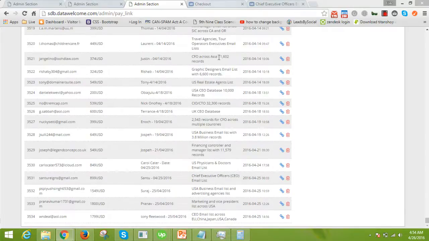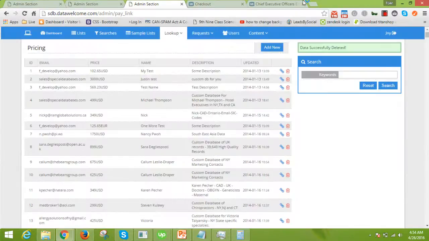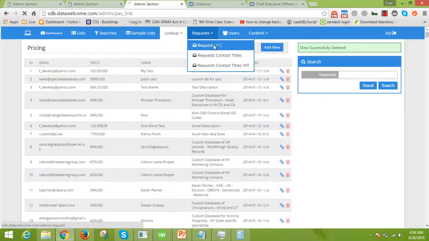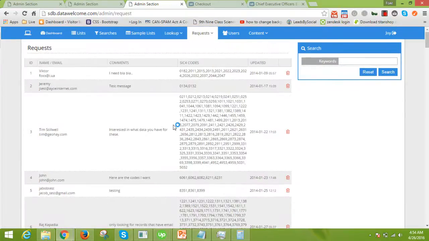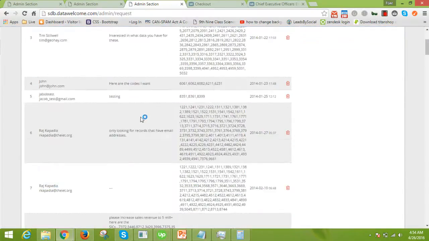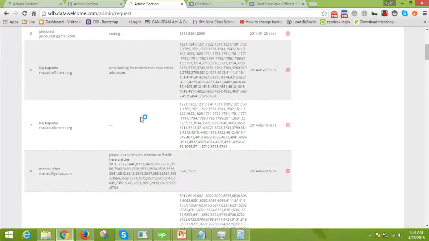All right. So what I'm gonna do is take you to the request page. Here you can see all the requests. For example, if the customer doesn't know about the industry, we tell them that we can run the search for you by industries, and you need to provide us SIC codes for that. So what they do is they provide us with the SIC codes from the link that we provide them,